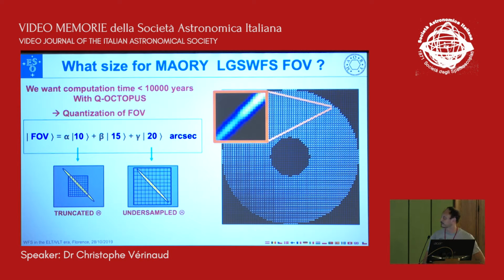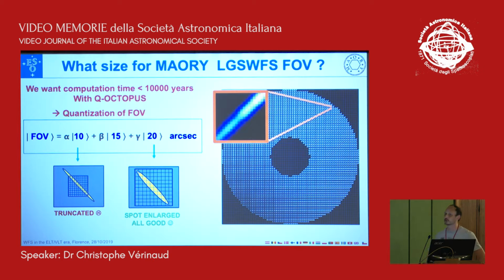So what you can do then is enlarge the spot. The baseline is 10 by 10 pixels. Sorry, I made a mistake in the ordering. So the solution to this problem of undersampling is to enlarge the spot. In all my presentation, I will suppose that the spot is enlarged sufficiently so that we are sampled with 1 pixel per full width half max. And so the goal of the study will not be to find out which is the best value, but to find actually the Greek variables, which are the probabilities for this field of view.